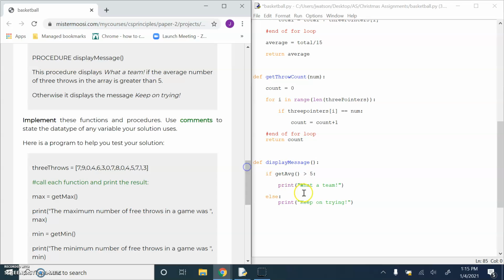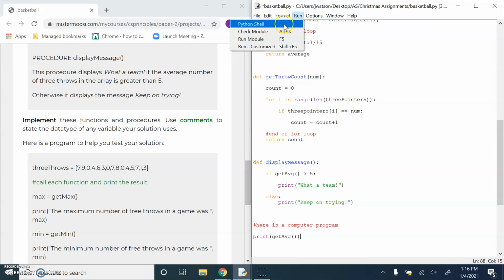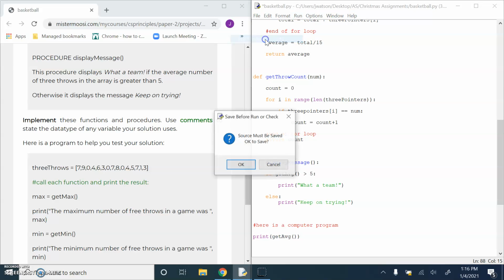Now then, let's test some of this. I just want to test display message. Let's write a computer program. So here is a computer program. What I want to do actually is print the call to get avg, because I'm curious. Is it going to show me a whole number, or